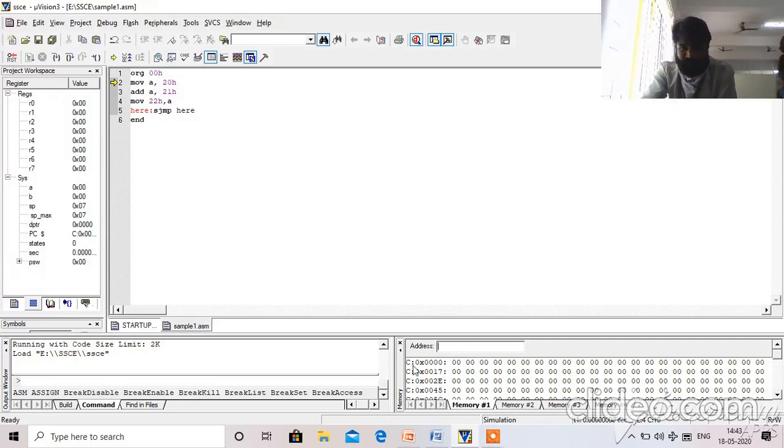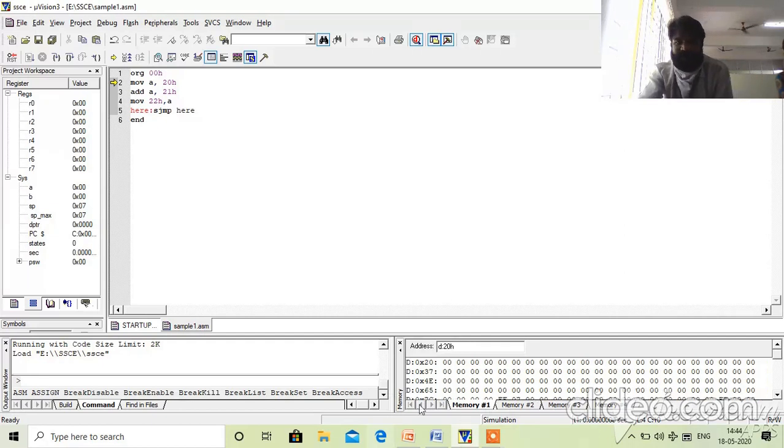It is showing C, which means program memory or code memory. So for data memory, D colon, start address. There we select the address 28. So better we say 28. Write D colon 28, enter, and it is displaying.